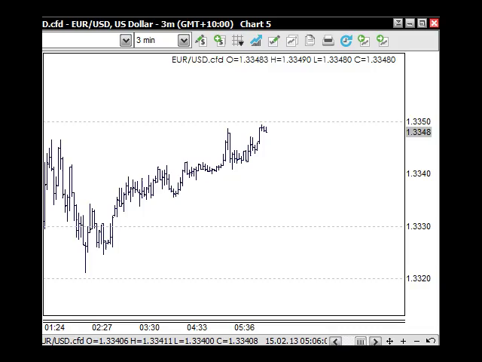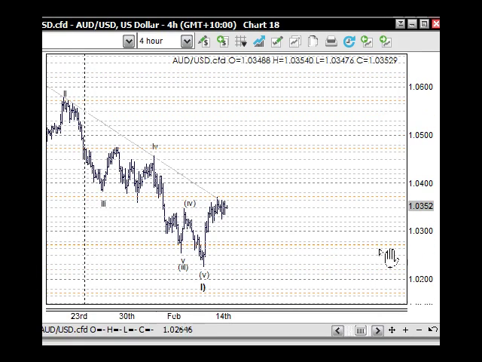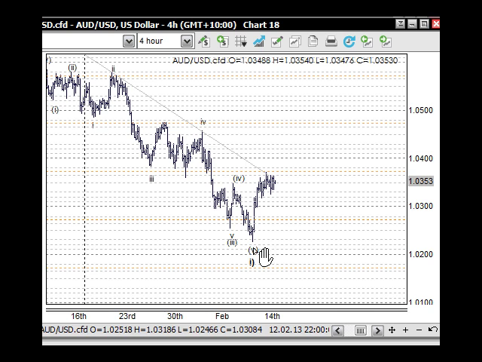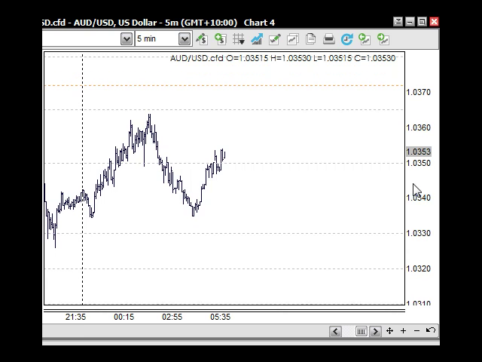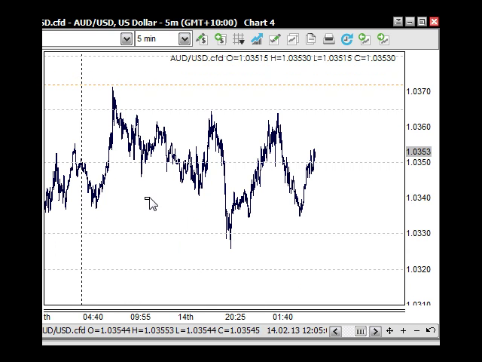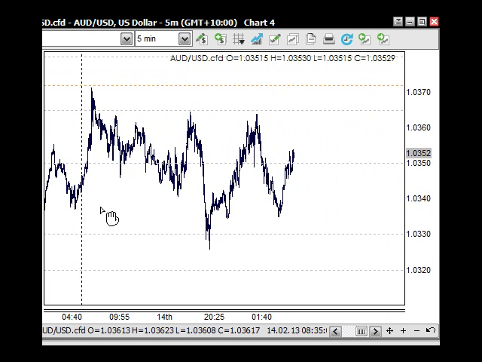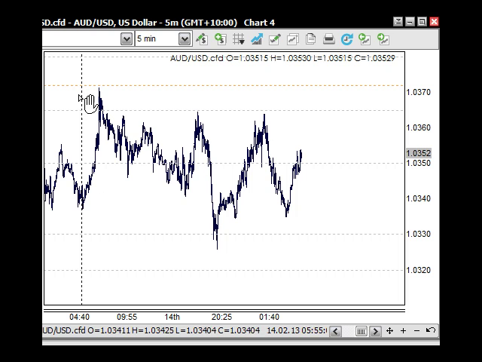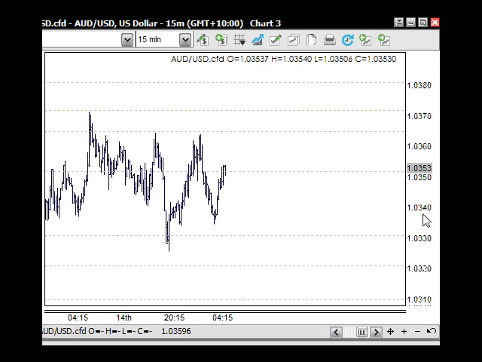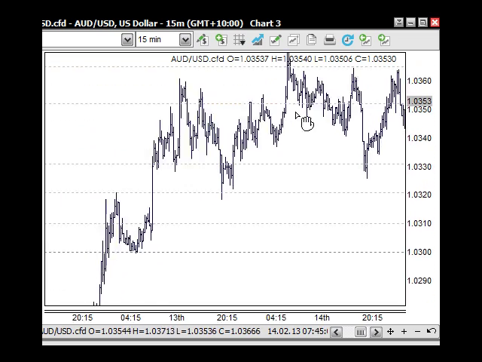The Australian market is pretty much on track here. As you know, we were looking for this to be the A wave up here, and we're looking for a B wave back, and then a C wave moving further up through there. I've got that on a smaller chart here as well. So this is really the B wave unfolding through here. It's just sideways and complicated, so it can come down further. The trade is not here just yet, so just having another look here on a larger time frame.